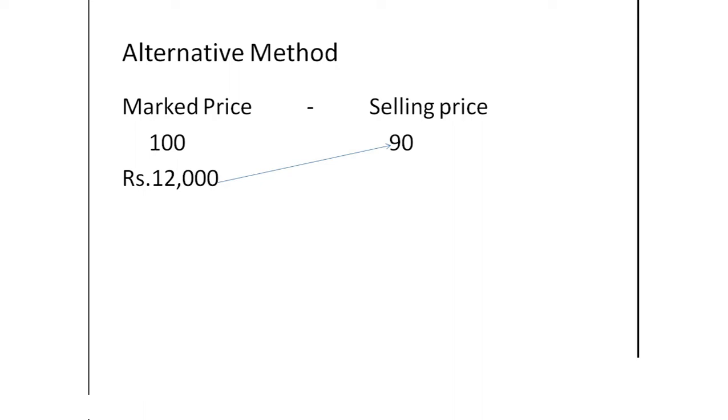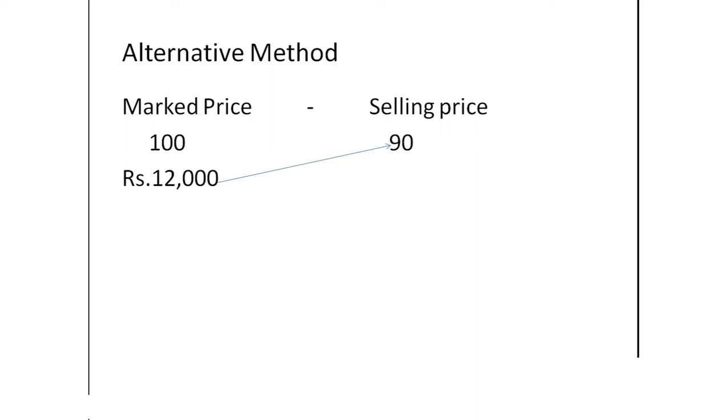Is 10%. And they have given the mark price and they are asking the selling price. First you write mark price and the selling price. And 10% discount means, first you take the percentage. 10% discount means the mark price is 100. They are reducing 10 rupees for a 100 rupees item. So mark price is 100 rupees, selling price is 100 minus 10, 90 rupees.